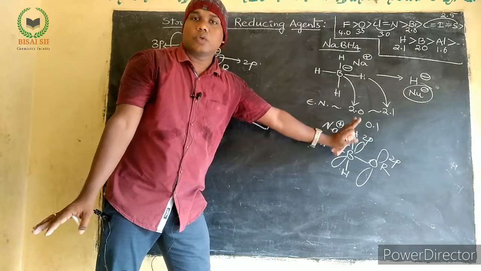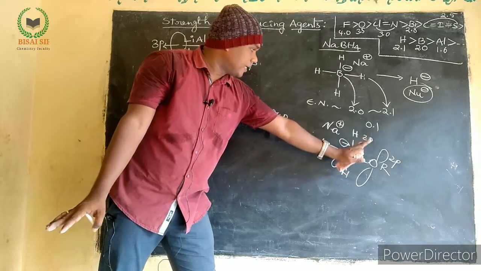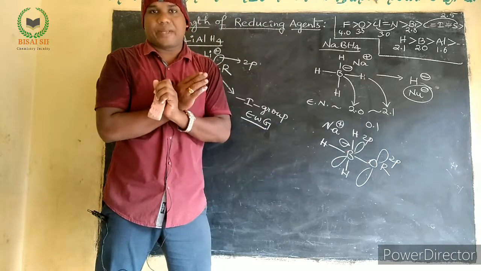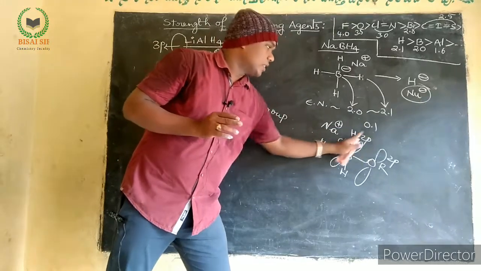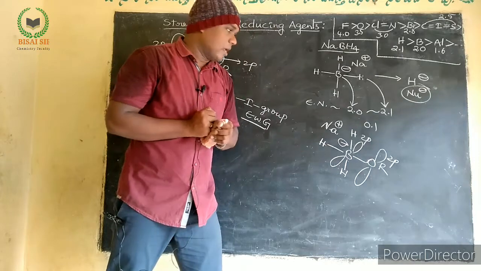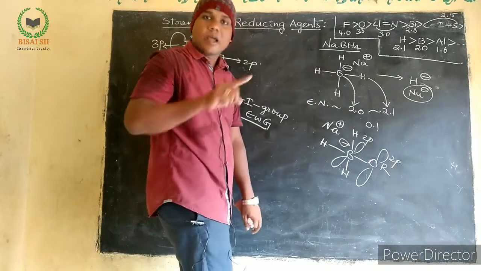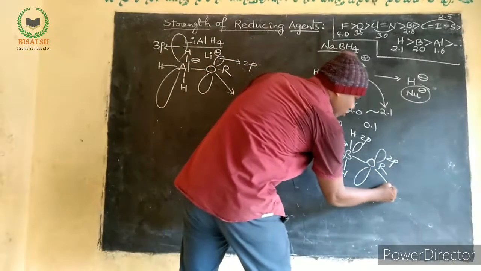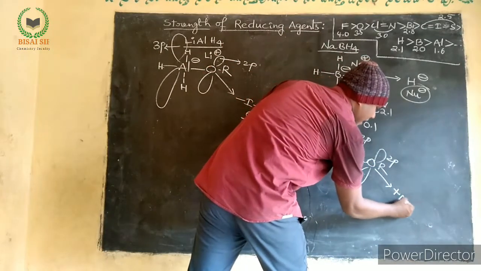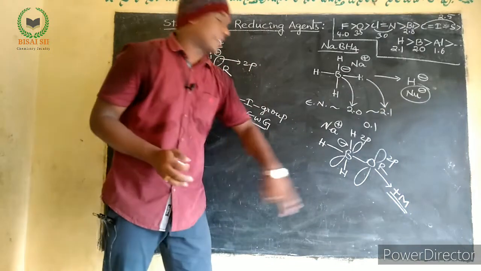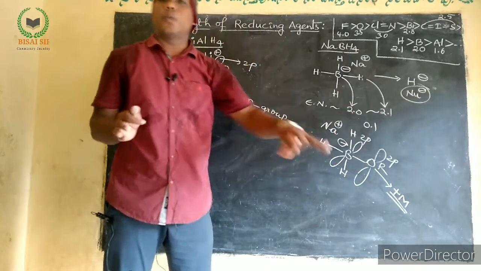According to valence bond theory in chemical bonding, similar orbitals have the strongest overlapping, correct? Here there is somewhat strong overlapping between them. If the overlapping is strong, then this oxygen acts as a plus M group, correct? Plus M is the dominating factor here compared to the minus I group.